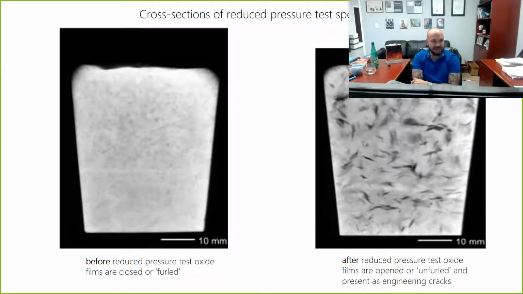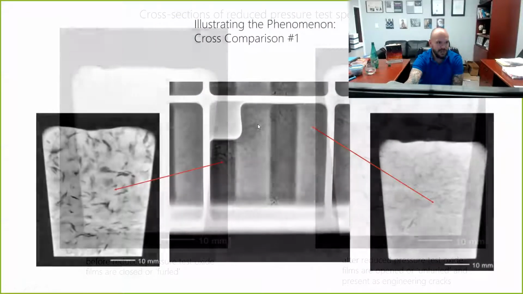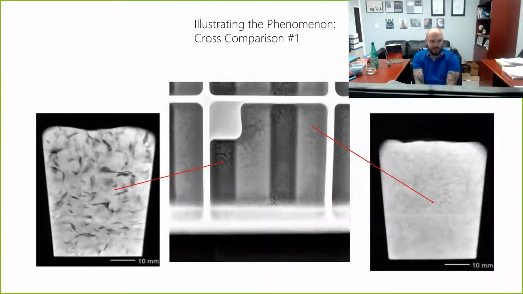And so a lot of people call this the gas test. So what we're really looking at here is an unfurling of oxide films, and we're duplicating what's happening in the real world. Now let's juxtapose the test parameter with the real casting, right? So on the right, you can see the sample that's solidified under air with pressure corresponds virtually identically to the sample that's solidified quickly. So we don't have an unfurling of oxide films. The areas that solidify slowly or have the unfurled oxide films look exactly identical and correlate exactly identically to the sample that's solidified under the jar with no atmospheric pressure, right? We can see that correlation is clear as day.